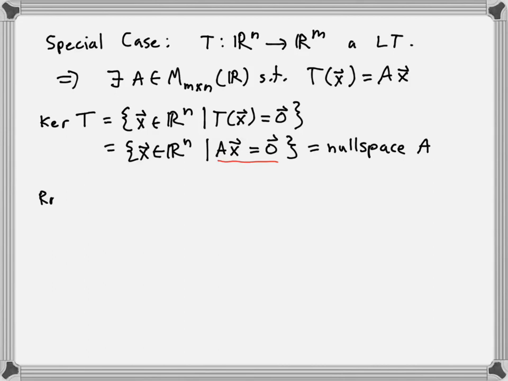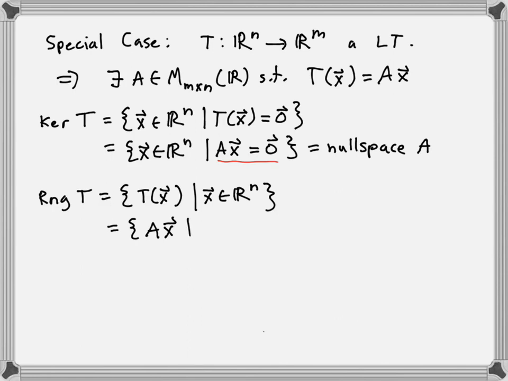What about the range? This one is a little bit harder to spot. Okay, but let's think about what the range is. The range is the set of all T of x such that x is in Rn. But T of x is the same as the set of all Ax such that x is in Rn. Now, for us to notice this next part, we have to remind ourselves of how